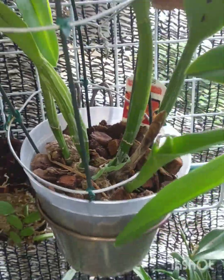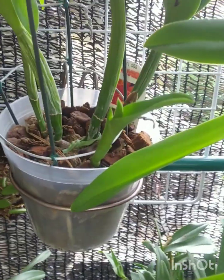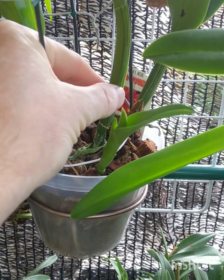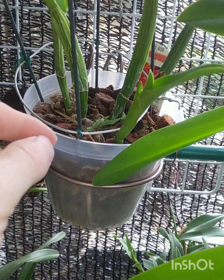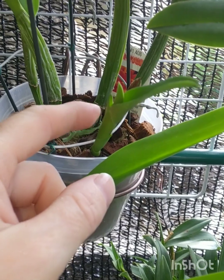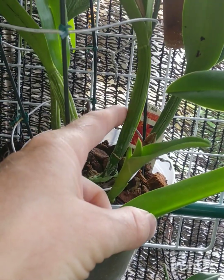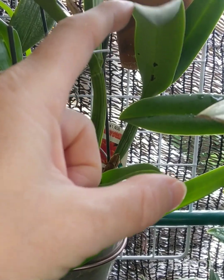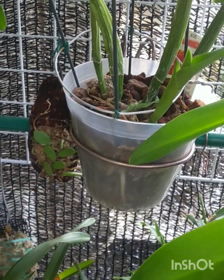This is Min Gold, but I've always had problems with this because I bought it as a sick plant. So geez, does it take forever to get going. It sent out this growth, and I think it's this one, or it could be that one. That was the one that had the flowers on it. So it does grow